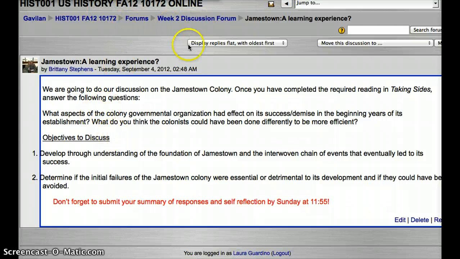So this is Stephanie. If you're in Brittany's group, you will simply reply to her questions. You will need to have 3 responses if you're a participant. Brittany is going to do her responses. So at the end of the week, she's going to do her self-reflection as well as the leader self-reflection, which